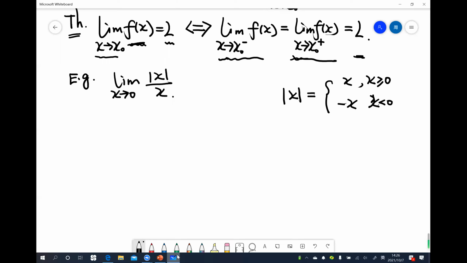By the theorem, we want to prove the limit does not exist. So we first calculate the left-hand limit. Here, in the solution, we first calculate the left hand. So for the left hand, we write minus here, absolute value of x. So that equals to,